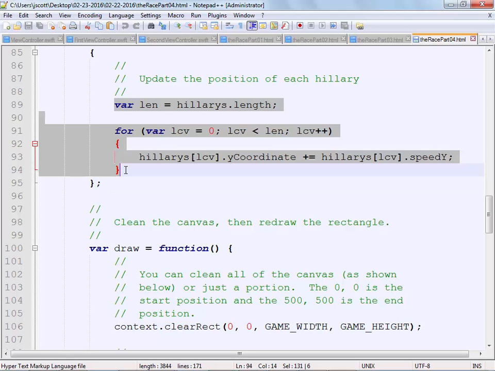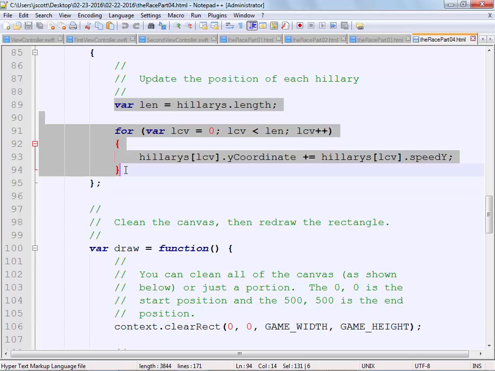Why did I do it like this? Somebody who's not Luke, because you heard me say it yesterday. Answer the question. It's somebody not named Mike. Why would you do that? Yes, it's faster, because you're only doing the calculation once. Imagine you had thousands of these Hillaries. Then you'd have to be checking the length every time. But now we're setting it once and we're just using it. It is, for lack of better words, a constant.